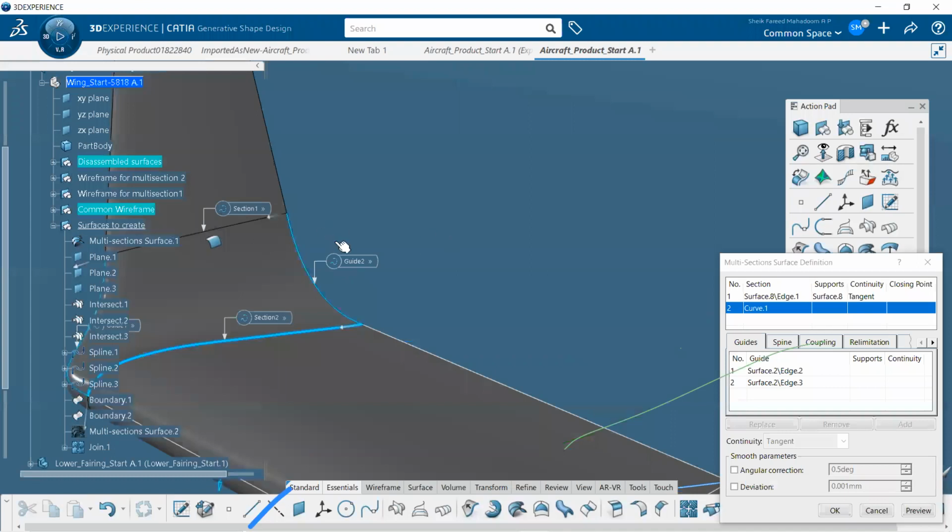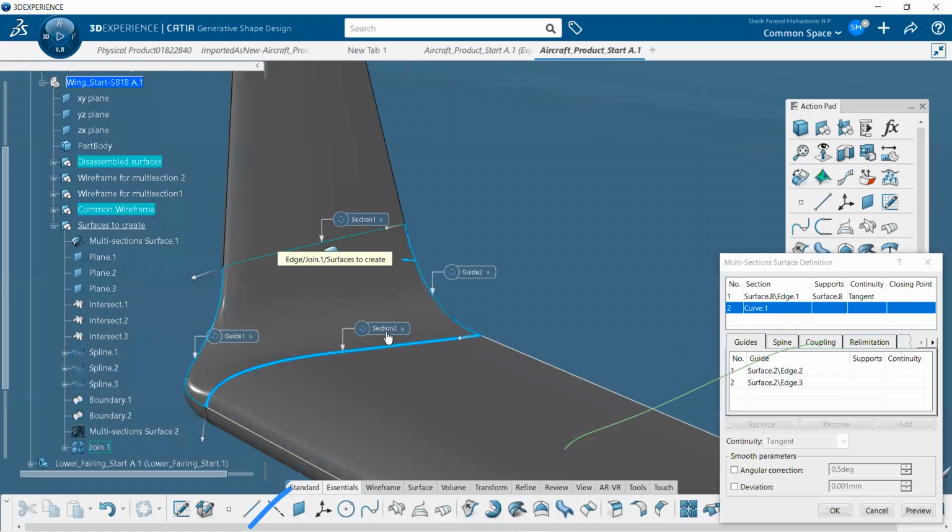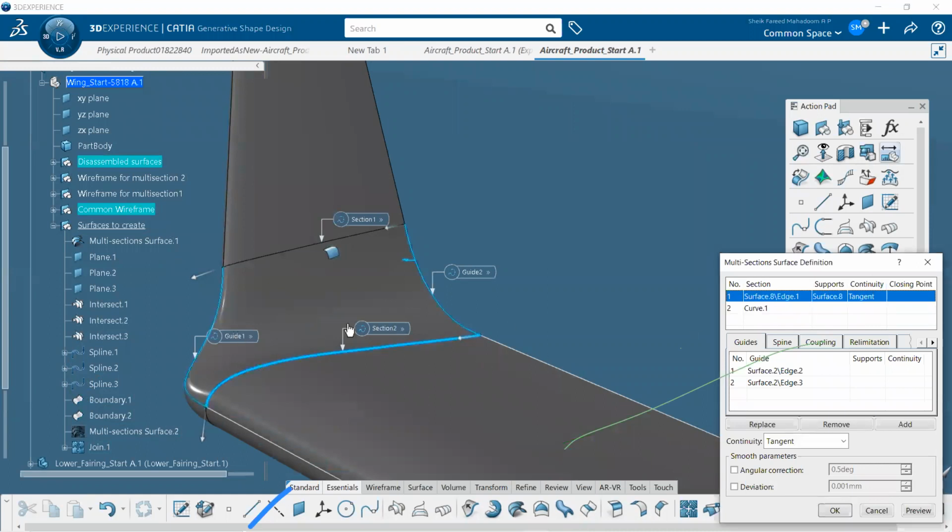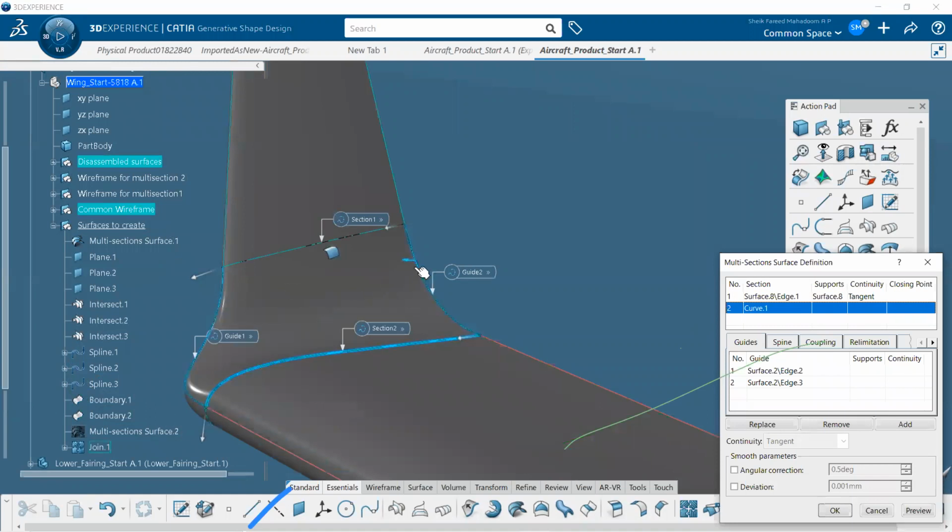I selected this portion as one profile and this portion as another profile. To guide them, I selected this side as a guide and this side as a guide. So the flow starts from here, expands over here, and finishes over here, so that I get the surface. That is the first thing I did.